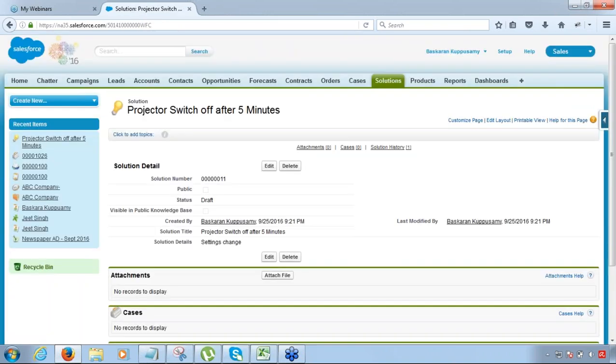section, I would receive a call from the customer, and the customer, let's say, says, hey, my projector switches off after 5 minutes. And I have this solution, so I can quickly check it from the solutions table and suggest the solution to the customer. In that case, I'm actually reducing the burden of the cases which are being logged in. All right, that's one thing. Second is,